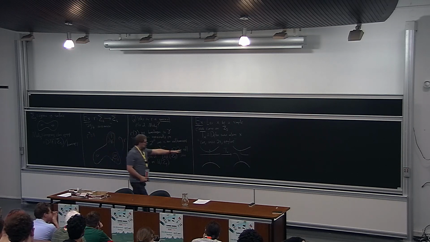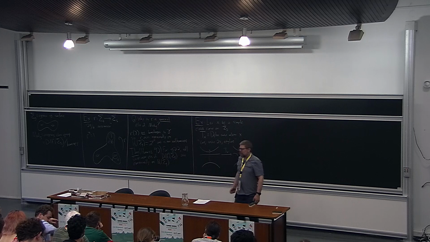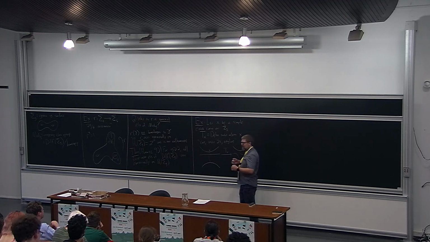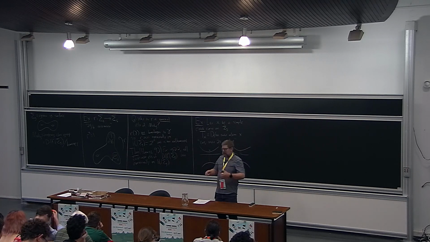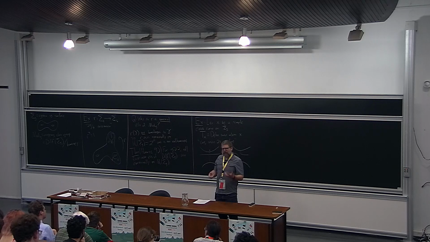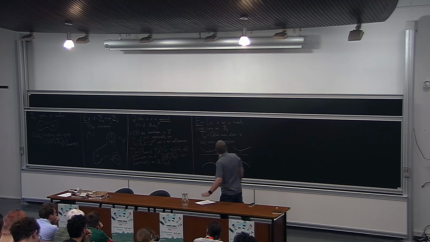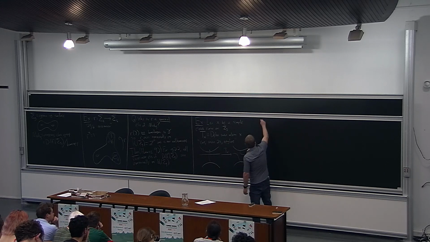So anyway, this is what this Dehn twist does. And so these are basic elements. If X does not bound a disk in the surface, if X is a non-null homotopic curve, then this will actually always be an infinite order element of the mapping class group. And in fact, even better, we have the following theorem,